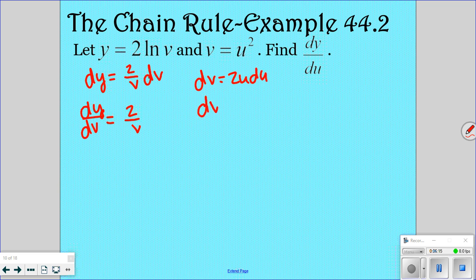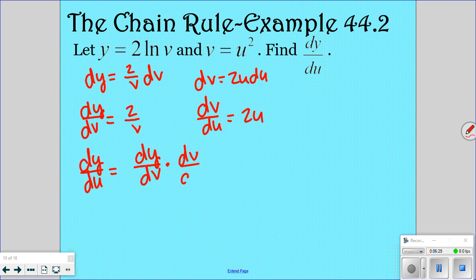So dv over du equals 2u. So we're looking for dy over du. And so we're going to do dy over dv, and times dv over du. That'll make that equal dy over du, because the dv's will cancel. So now we're going to plug in, and we're going to have 2 over v, and